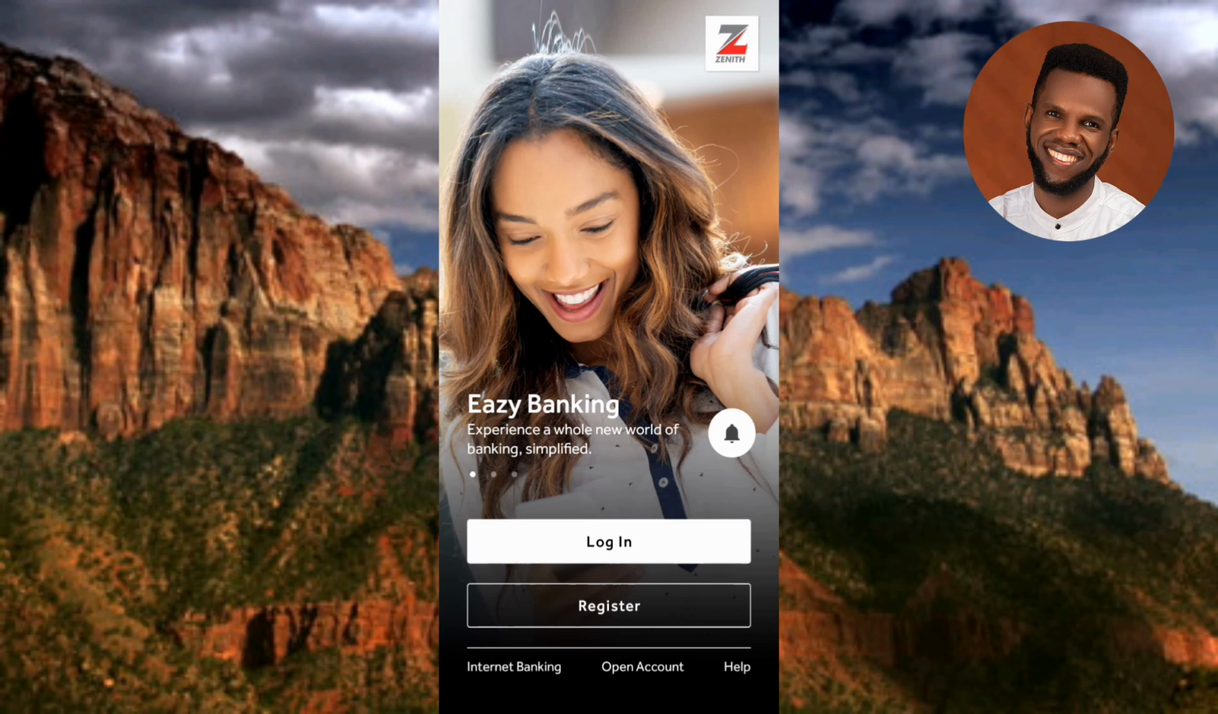This is the interface you're going to see if you're using this app for the first time. Once you download and install the app, this is the first interface you're going to see. Now you can see here you can actually log in or register on this app. This video tutorial is about how to open or create a Zenith Bank account using the Zenith Bank mobile banking app. So for you to do that, what you have to do right away